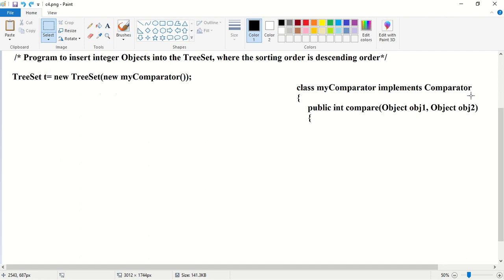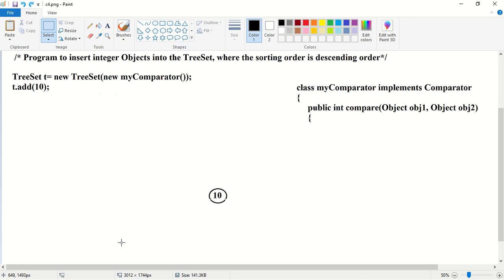Now I am going to add the first object into the TreeSet. So how to add an object into the TreeSet? By using which method can I add? By using the add method, I can add an object into the TreeSet. t.add(10). So I am adding the first element into the TreeSet. While adding the first element, is it required to compare? No, it is not required to compare. So the first element acts as what? The first element acts as the root element for the tree. So 10 is directly added to the tree.